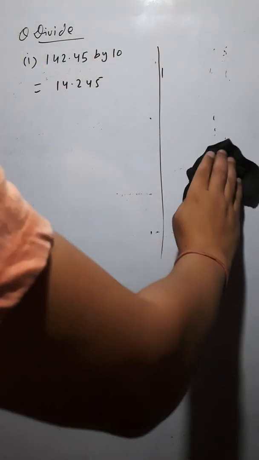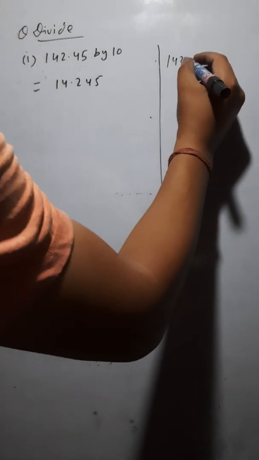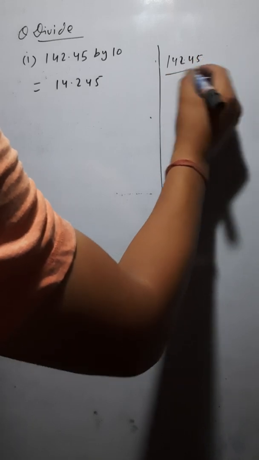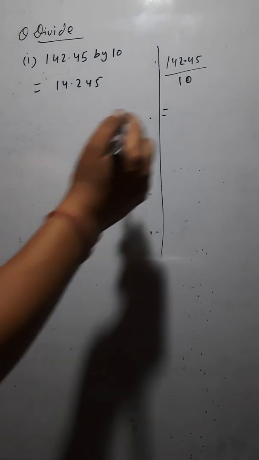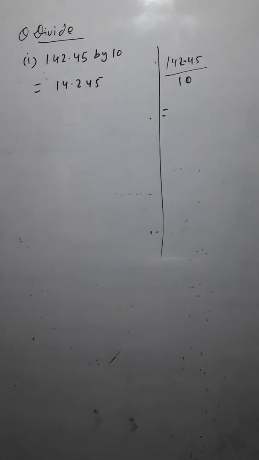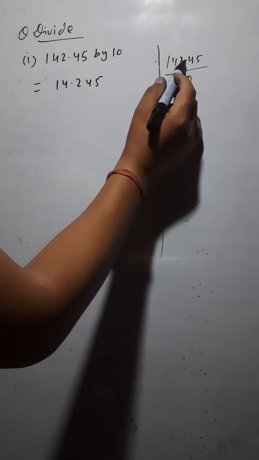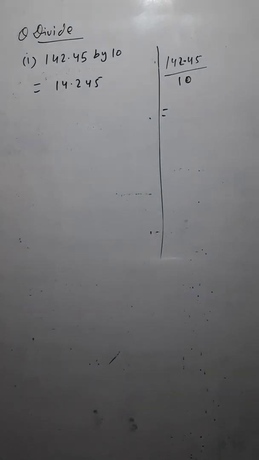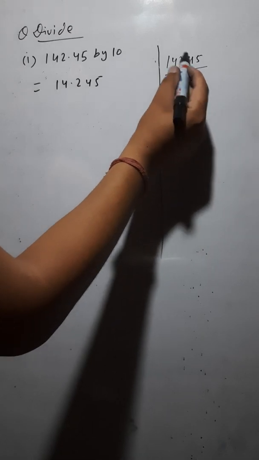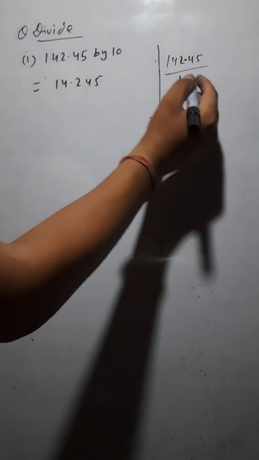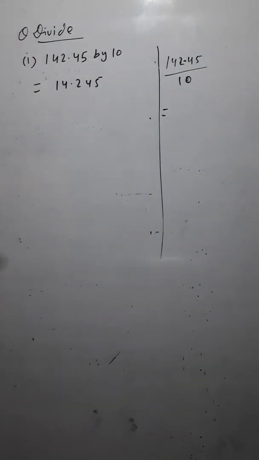Now let me tell you how to solve this by the second method. Let's say we have to divide 142.45 by 10. It's easy to divide by 10. How? If you have 10 in the denominator, then the decimal would shift one place towards the left. Remember this. Only this much you have to remember. How many zeros are here? The decimal also would shift that many places towards the left. Let's say here 20, so the decimal would shift 2 places. 30, the decimal would shift 3 places towards the left.